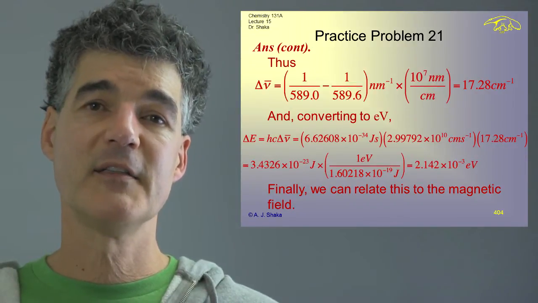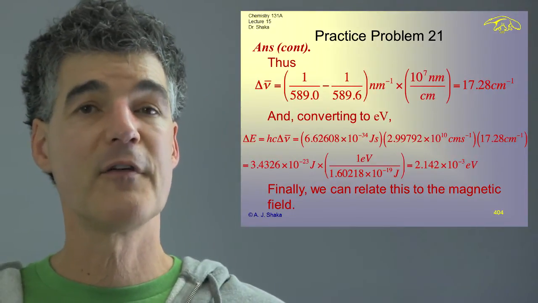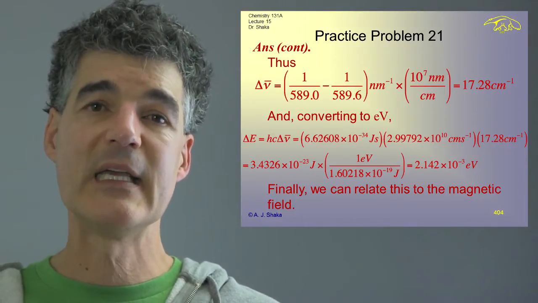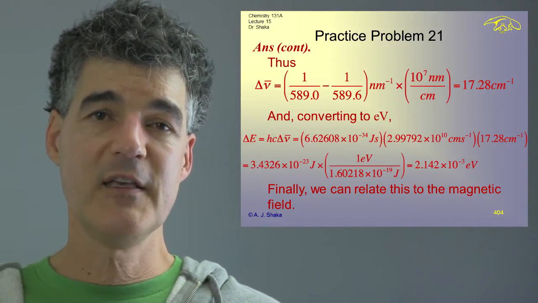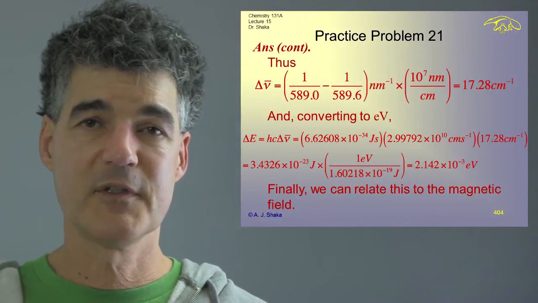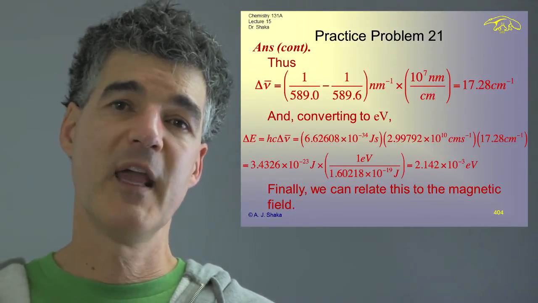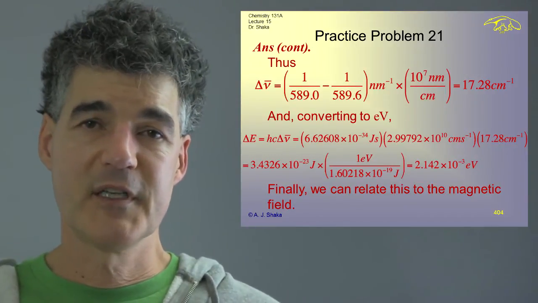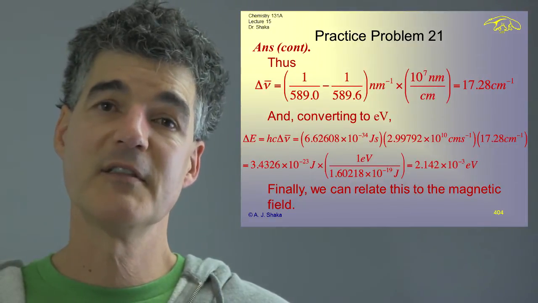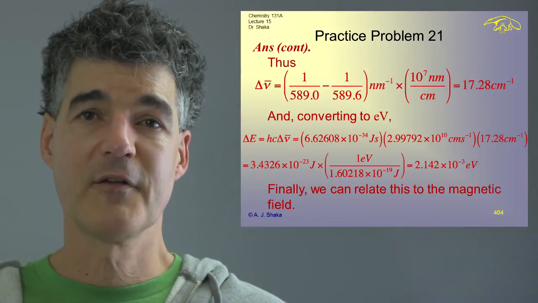Keep in mind that the ionization energy of hydrogen to kick the electron completely out was about 13.6 electron volts, and here we're talking 2 milli electron volts. So these magnetic interactions in these systems are very, very much smaller energy differences than the main electrostatic potential that the electron feels from the charge. And that's a common theme. Basically, magnetic energies are always quite a bit smaller than electric energies.